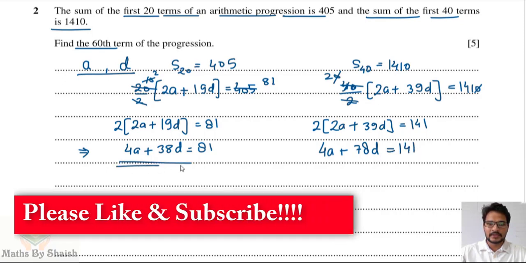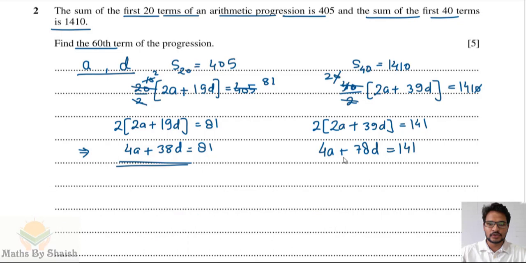Now I'm going to subtract this equation from this equation, so 4a minus 4a got cancelled, 78 minus 38 is 40, and d equals 141 minus 81 is 60. So from here we got d as 60 over 4, that is 3 over 2. So we got the common difference as 3 by 2, and then we can substitute it in any, or let's substitute it